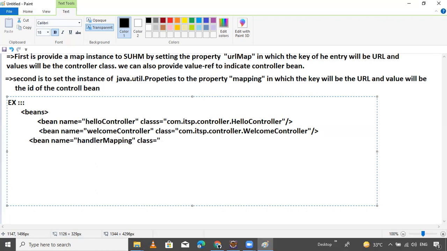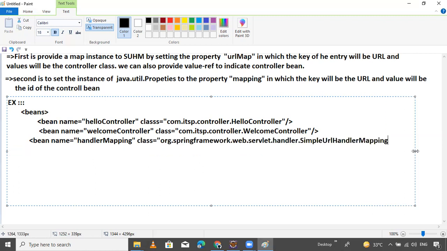The class is org.springframework.web.servlet.handler.SimpleUrlHandlerMapping. That's it.